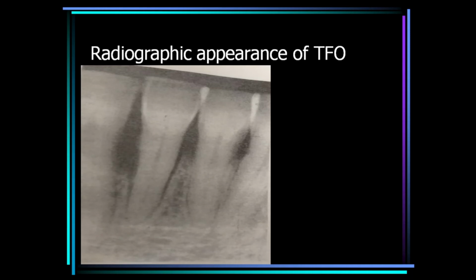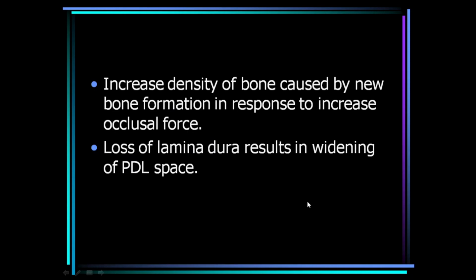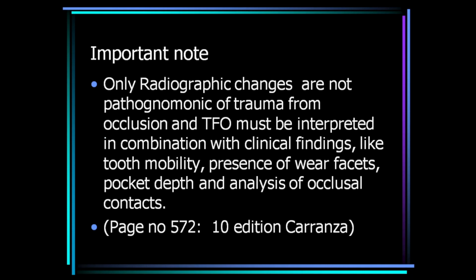Now coming to the radiographic appearance of trauma from occlusion, we can see in the radiograph periodontal ligament widening, and on the opposite side compression of fibers. Condensation of bone is there, increased density of bone caused by new bone formation in response to increased occlusal forces, and loss of lamina dura resulting in widening of the periodontal ligament space. The important thing is that only radiographic